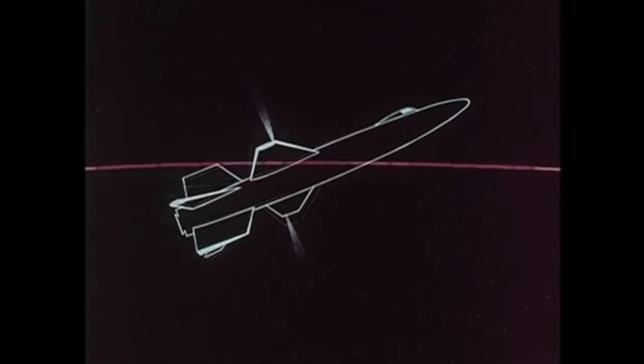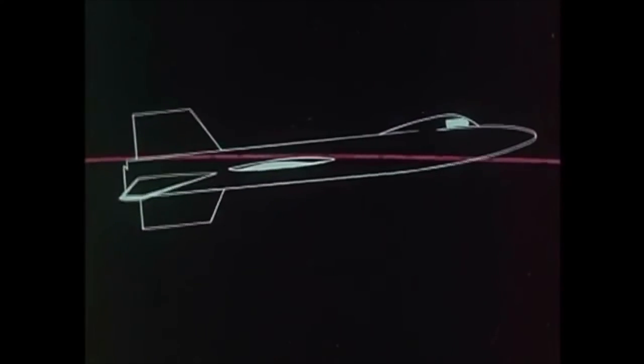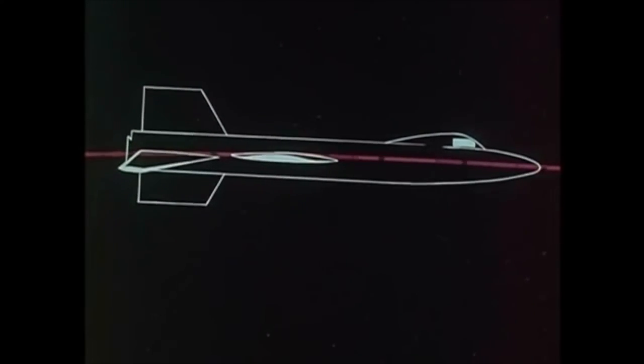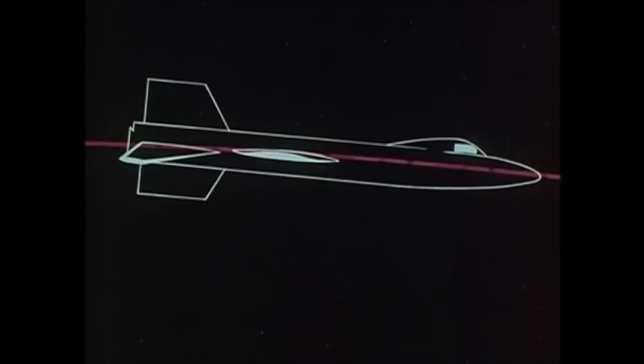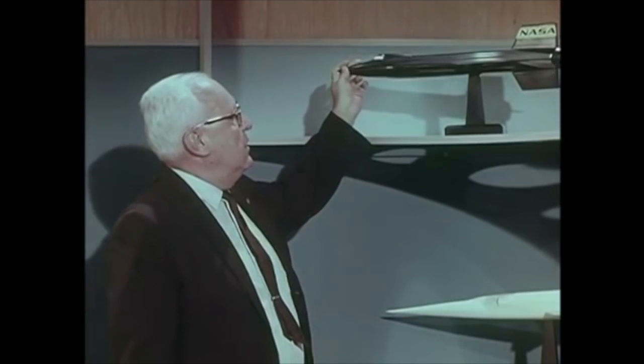Properly for re-entry through the atmosphere. But the designers knew the problems of control would never be fully solved until an X-15 aircraft was actually built. We knew the X-15 would look something like this. We knew that it would be a manned aircraft that would fly more than 4,000 miles an hour and as high as 250,000 feet. We knew that like the X-1, the X-15 would be...